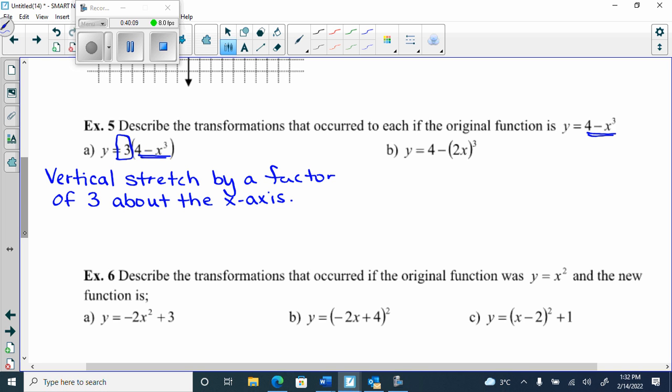For B, what's the only thing that changed? Nope, the minus sign was there already. 4 minus x cubed. It's now 4 minus 2x cubed. What changed? The 4 is the same, the minus sign's the same, the cube's the same. That's the only thing that changed. The 2. What's it with? It's with the x. Is it a horizontal or vertical? That's a horizontal. If it's multiplied and it's with the x, it's a horizontal always. Horizontal stretch